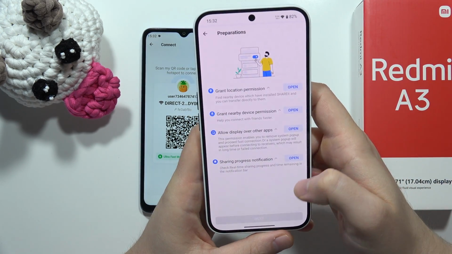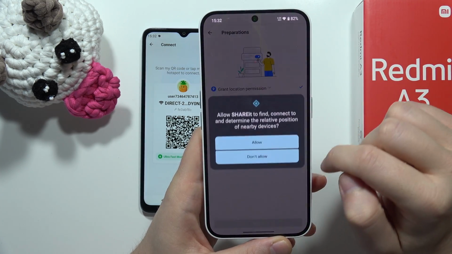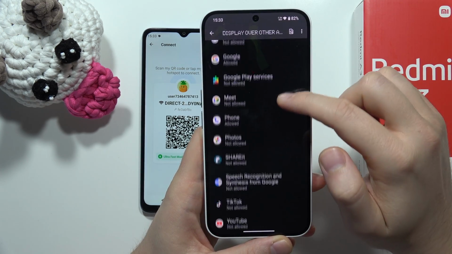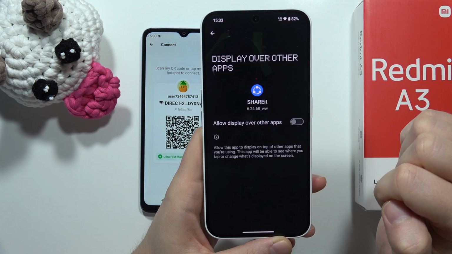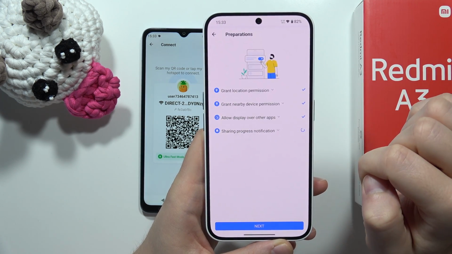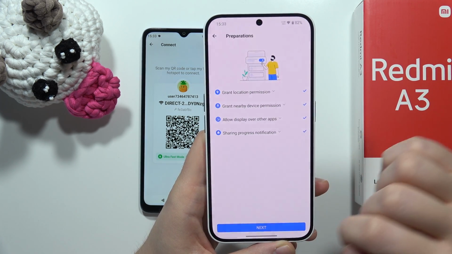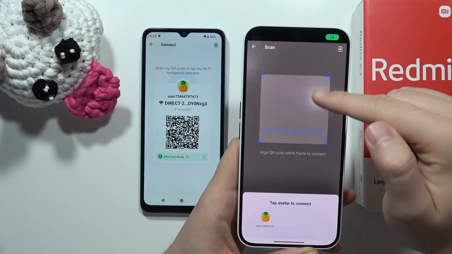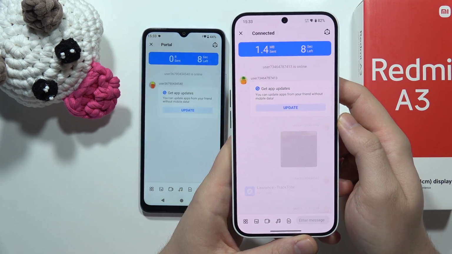So click send. Now we have to grant permissions on this second phone, so click on it one by one. From this you have to find this application, the Shareit. It's just right here. Click on it, then go back and click to open. Now accept this permission, go back, click next, tap just right here. Now in this frame you have to scan this code, and now the devices are going to be connected,